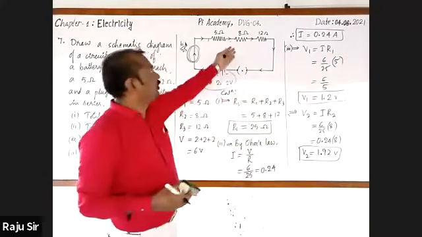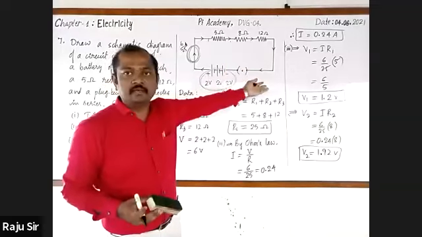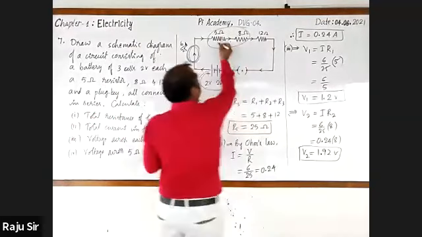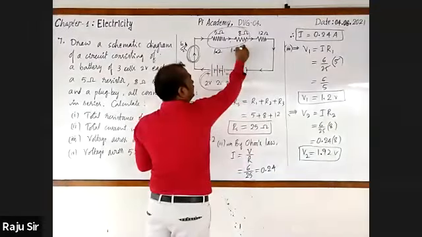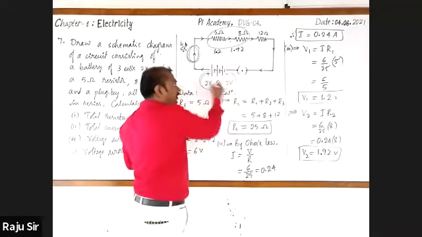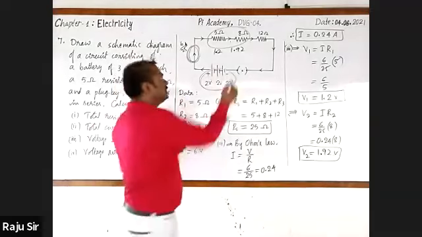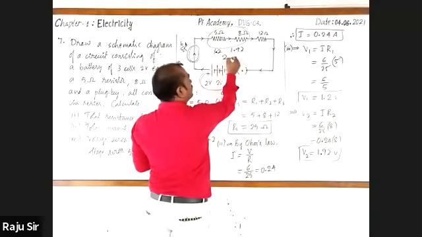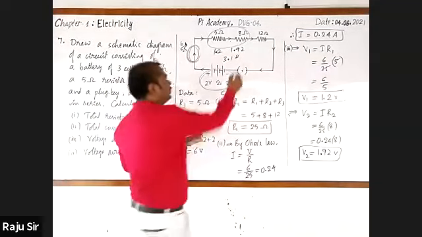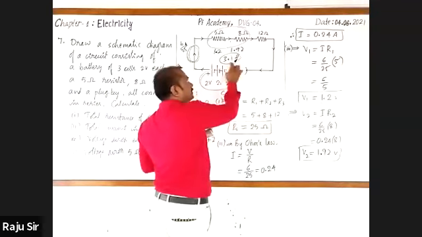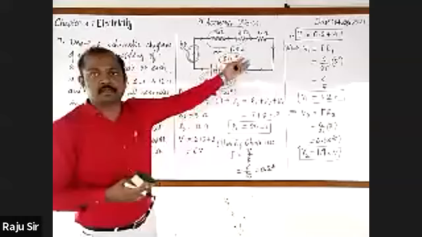Next, we can find out the voltage across R3 directly because already these two are known. The first one is 1.2 and the second one is 1.92. For the third one, the total is 6 volts. The sum of these two is 3.12, and if you subtract it from 6, you get 2.88, the voltage across the third. Got it?